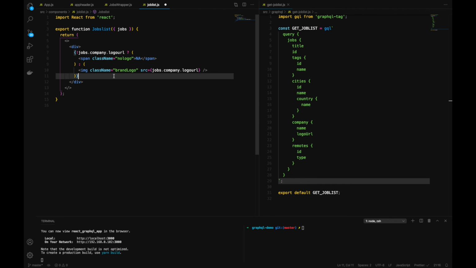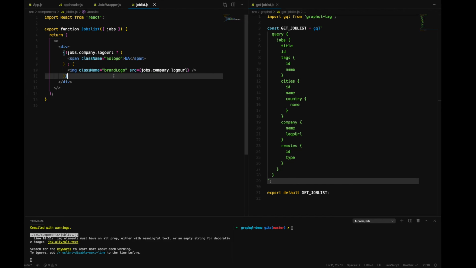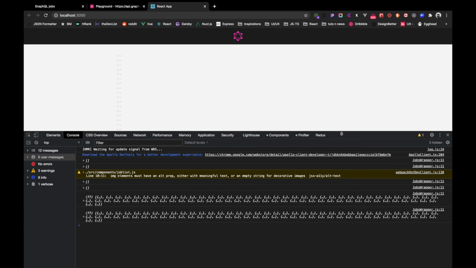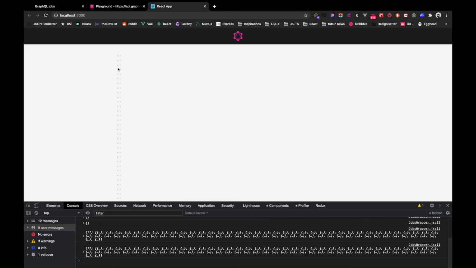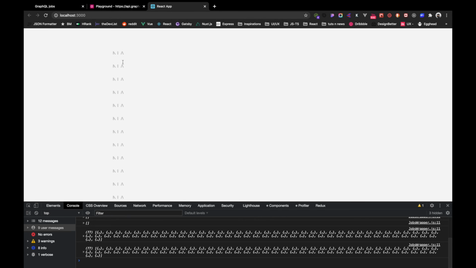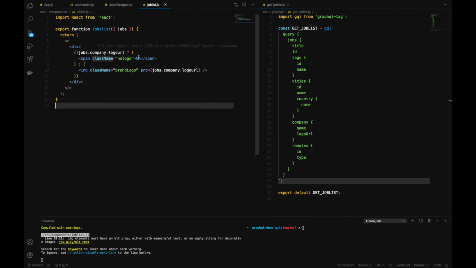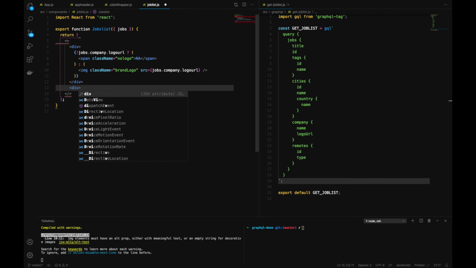Now I think we would be pretty much fine with this. Let's take a look. And as you can see, we don't have any logo, so not available. All right. So in case there is a logo, then it comes up. Meanwhile, let's add another div, and inside here we will